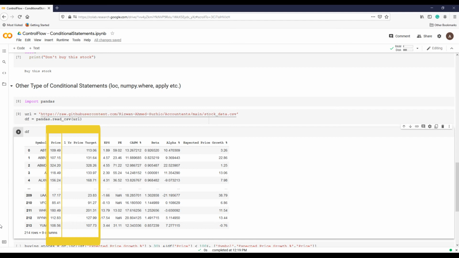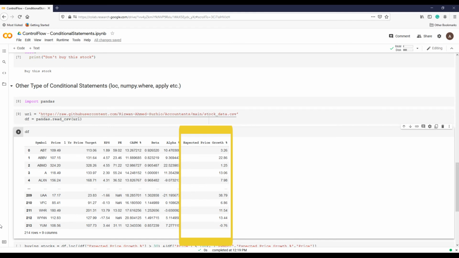You aim to find those stocks that have an expected price gain of more than 30% in 1 year and are not very expensive to buy. So you decided to buy stocks trading at below $100 a share.